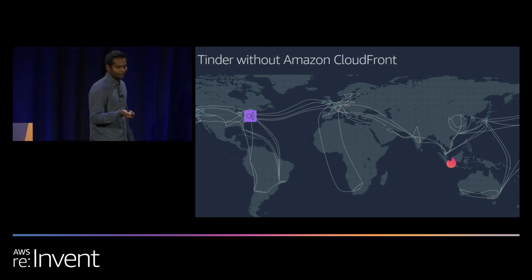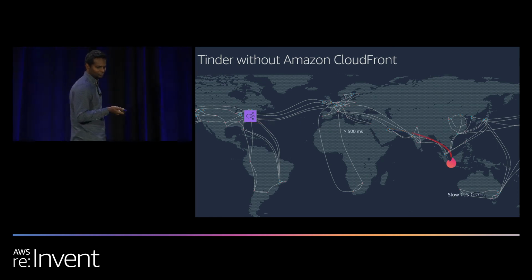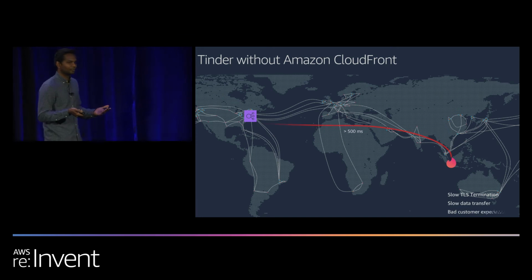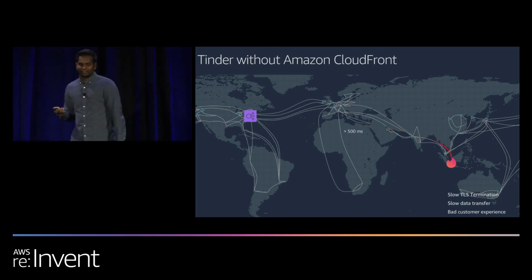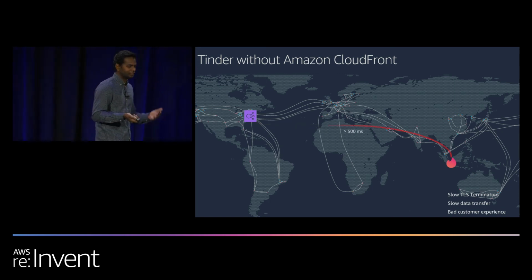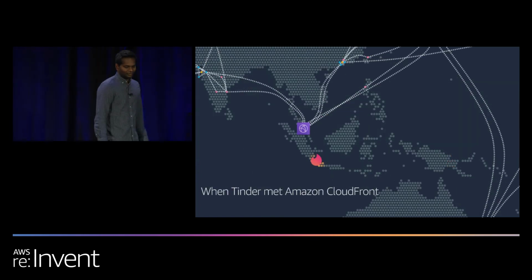And when they opened the app, their request went all the way across the globe to the US East 1. And the request was at the mercy of multiple ISPs and their performance. So it literally took half a second to reach the servers in US East 1, which led to slow termination and bad customer experience. But when Tinder met CloudFront,